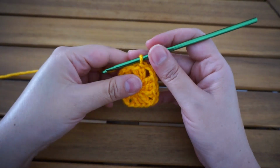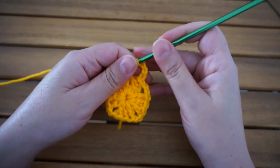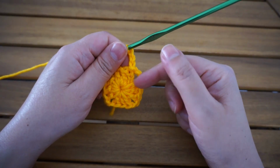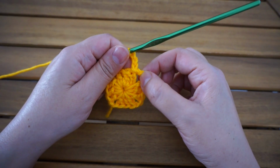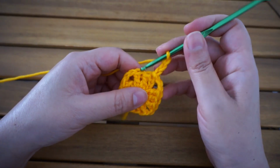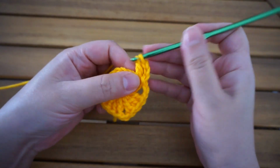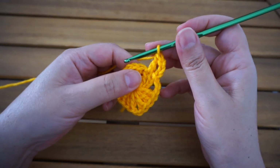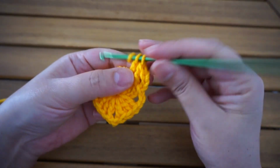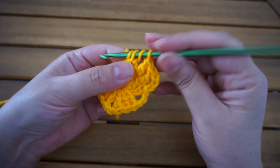On to the next round, what I'm gonna do, I'm gonna chain 3. So this chain 3 will be considered as 1 double crochet at the end when I come back to work this space, chain 2 space. So for now what I'm gonna do, I'm gonna make 1 double crochet in the first stitch, 1 double crochet in the next stitch, 2 double crochet in the space,